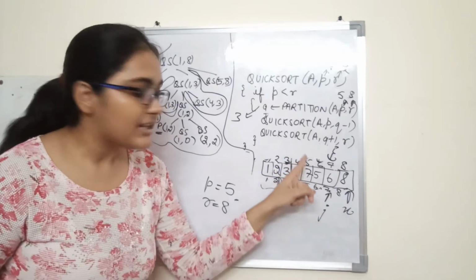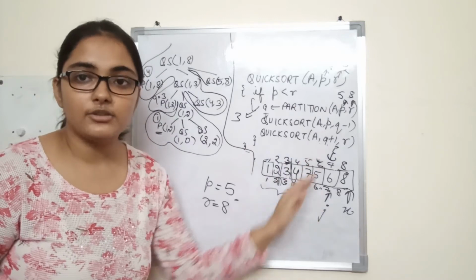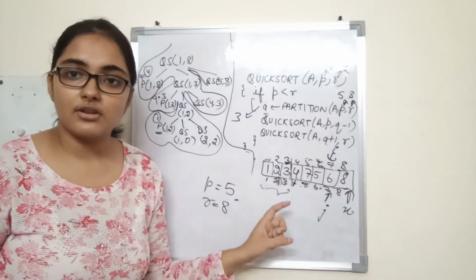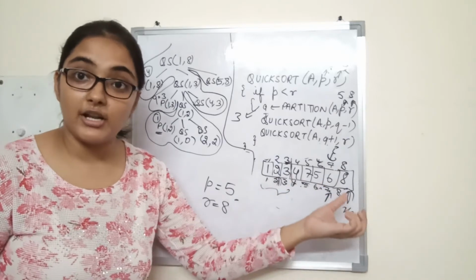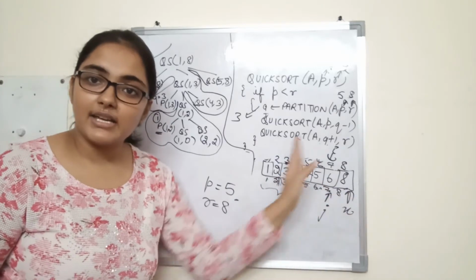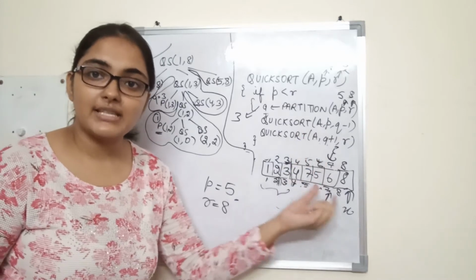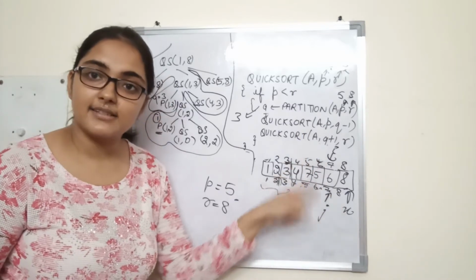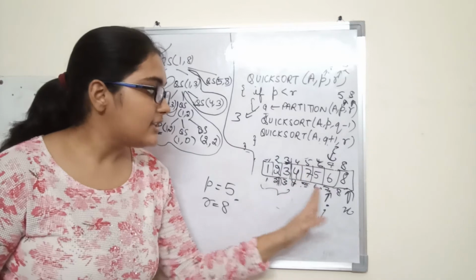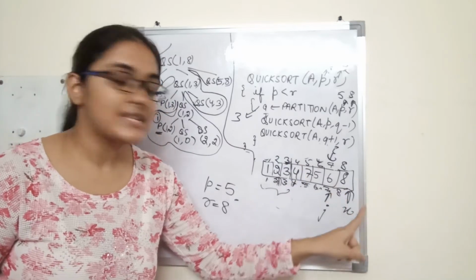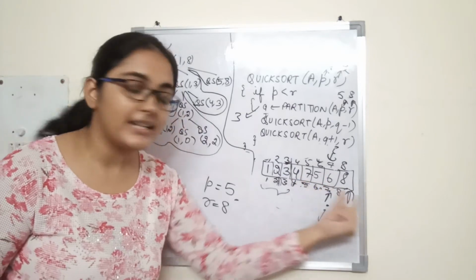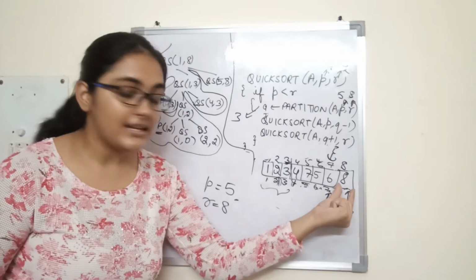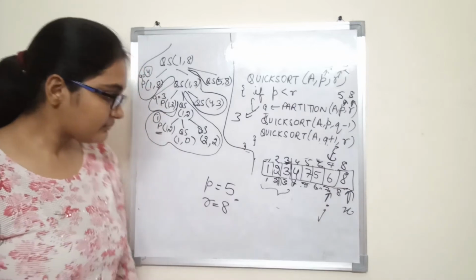We are again incrementing I, and I and j both point to the same element, and the exchange does not result in anything new. Then again j is incremented. Then again we find an element smaller than the pivot element. Then again we increment I, and again I and j point to the same element. And then again, as a result of the exchange, nothing new happens. So this keeps on happening. Why does it happen? Because 8 is already in its correct position. Why? Because 8 is already greater than all of these. So 8 is in its correct position, right?